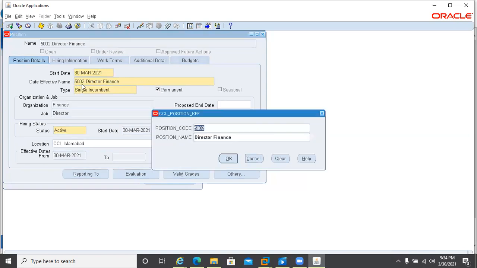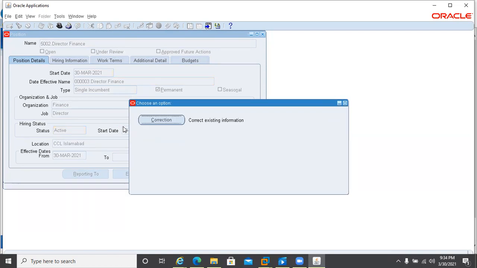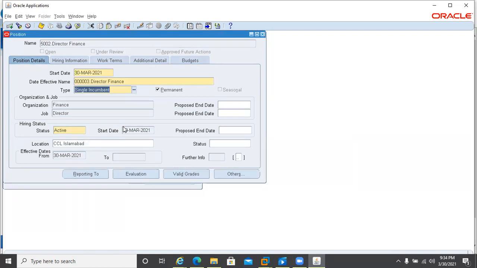Sir, now can we delete these two positions? Yes, we can. But the point is, once we delete a position, we have to make sure that this position is not attached to any employee. This is another point you want to know. As I mentioned, if we have 500,000 employees in our organization, we have to create 500 or 1,000 positions, and attach those positions to the employees individually.